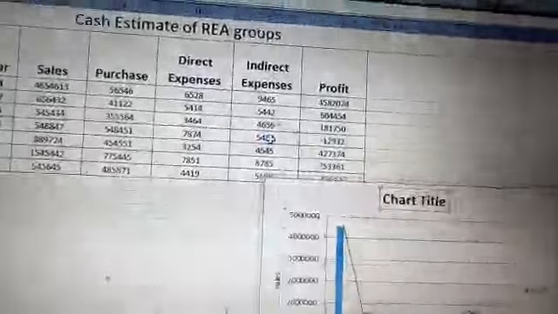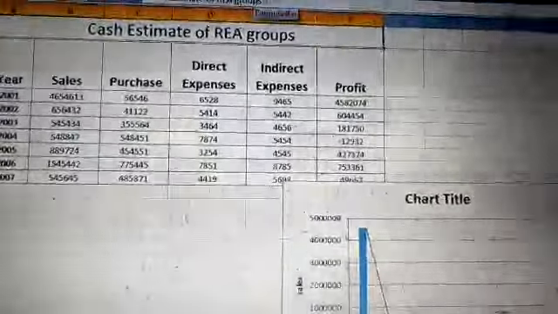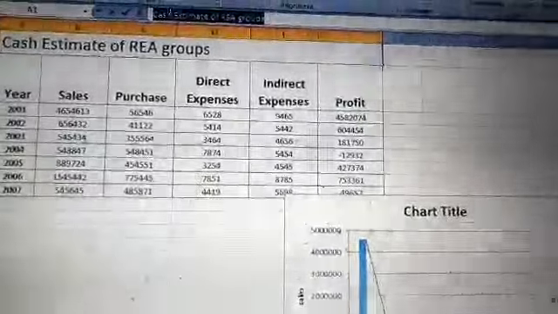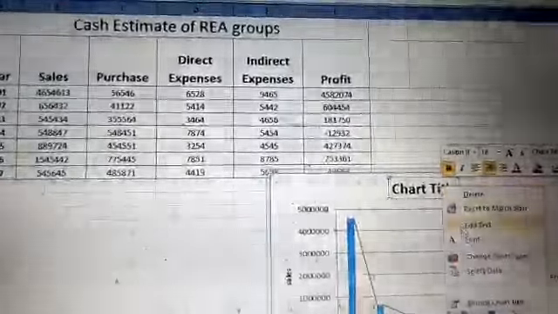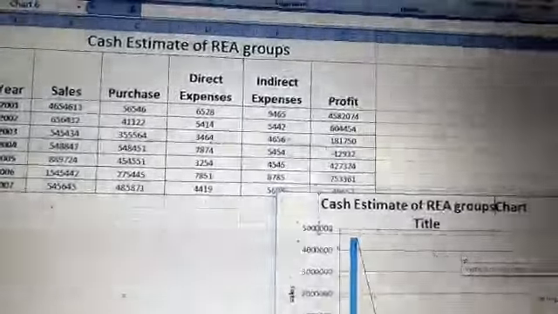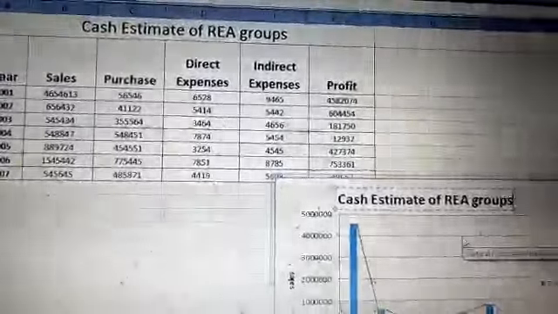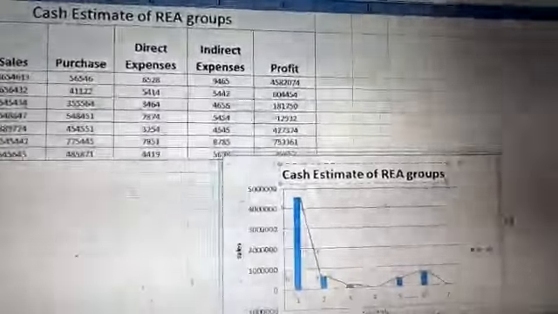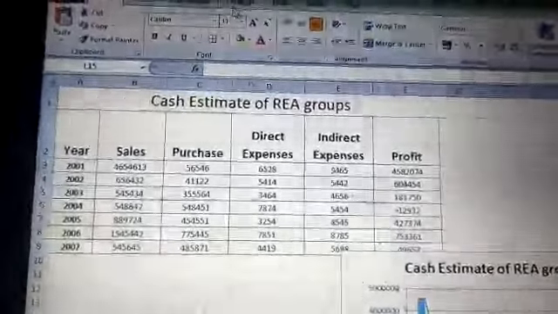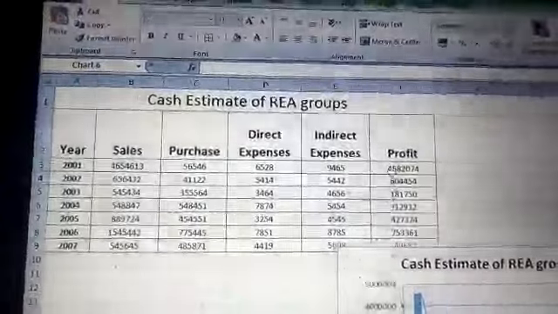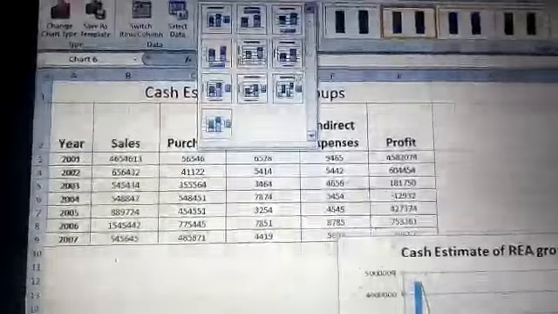I would like to show you how to insert a chart title. I'm selecting from this and just clicking here. Like this we can alter it. To alter the chart type and so on, we should select from the table. The table gives the design. In this design you have the X and Y axis and these tools.